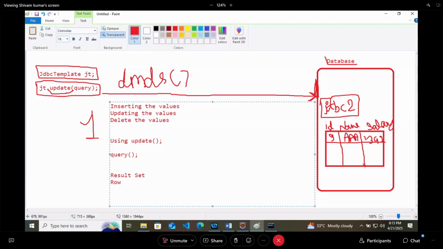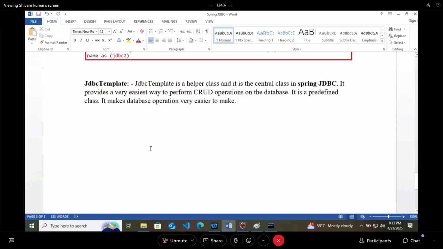You should know about row mapper, and row mapper is a completely different thing here, so we will see that now. But before that, we have to perform a task. Did you understand how this JDBC template is working? Or if you have any doubt in this JDBC template, you can ask.